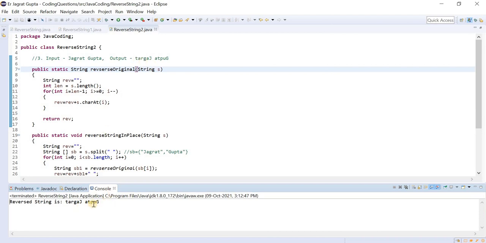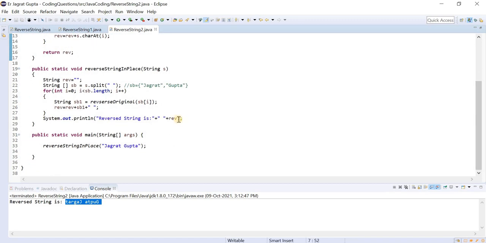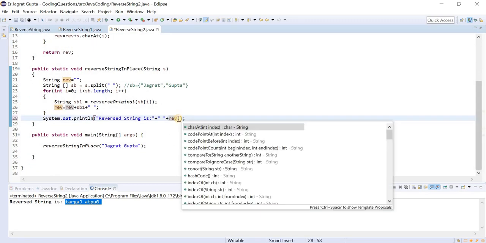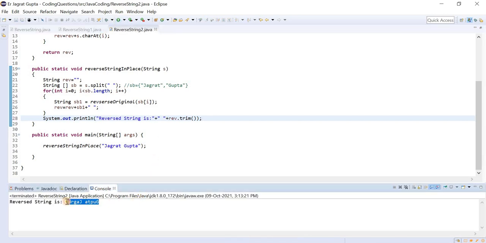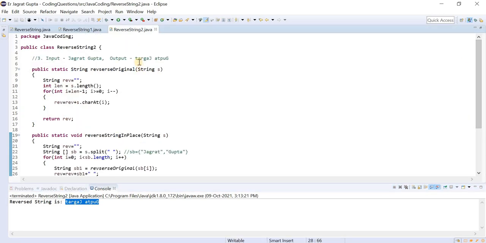So guys, you can see that the output is perfectly fine, but there is some loophole in it. Again the same thing, we are getting the space character after this output. We can easily resolve that. In the previous video I have already resolved it, and we can do the same thing here. We can apply the trim function after the output, and let's run this again and see whether it is working fine or not. So yes, it is working fine now, and we are getting our expected output, you can see.